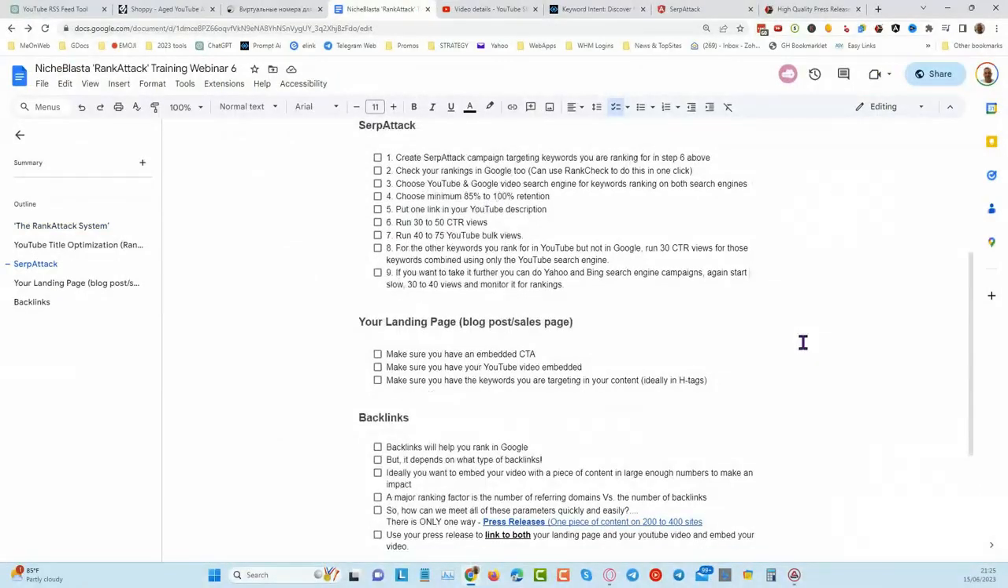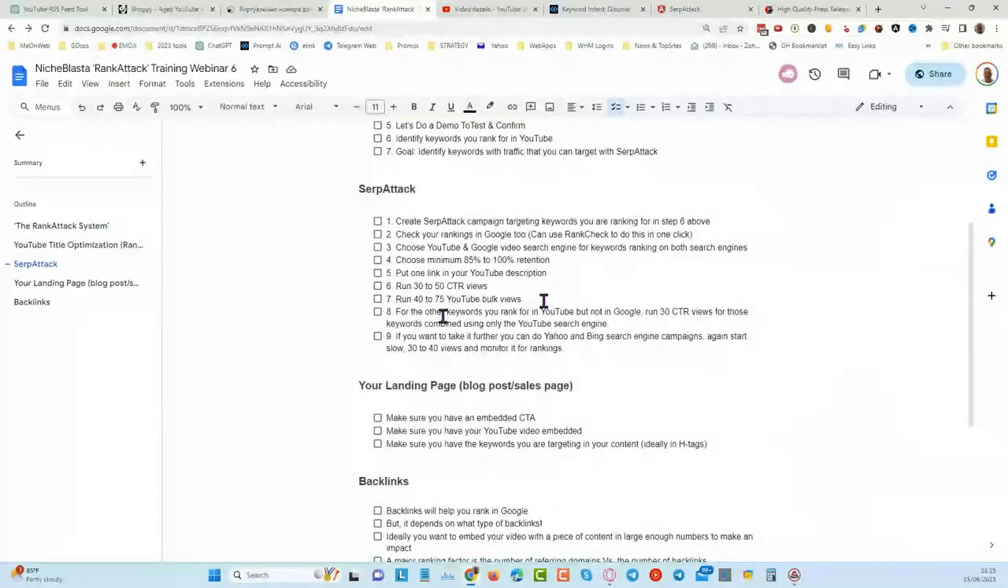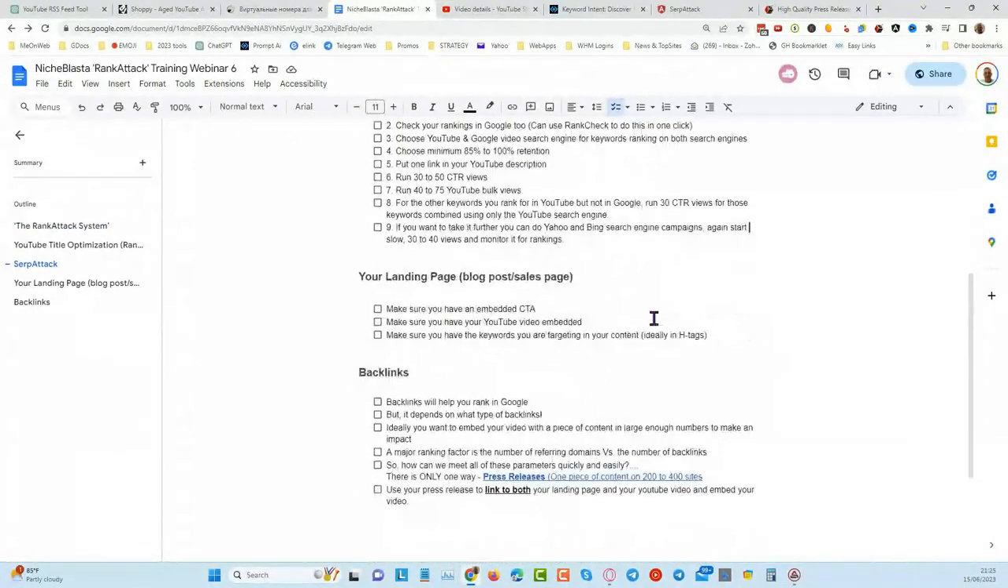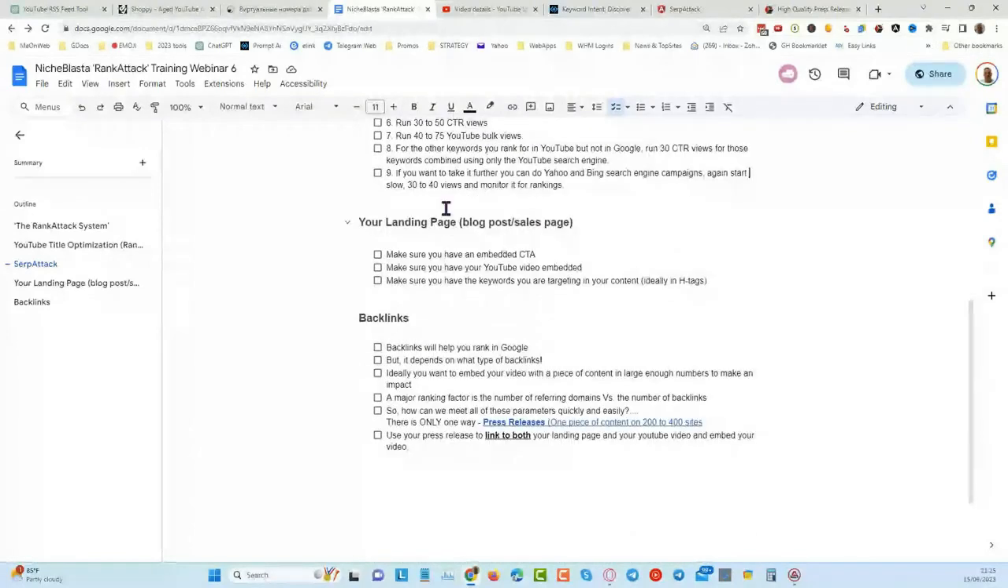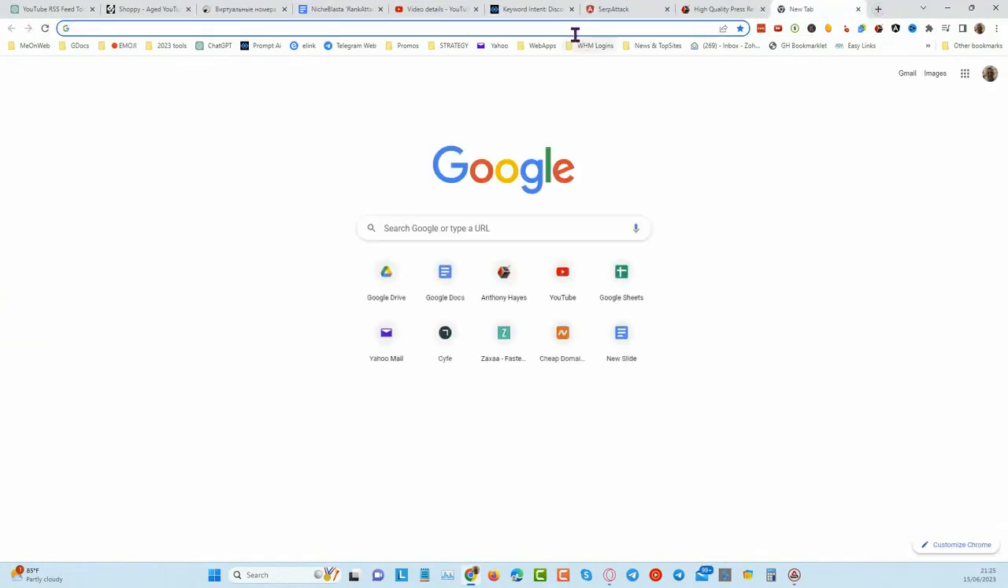Okay, right, so all the SERP attack is set up, it's been done. The only thing I've got to do there is a bulk campaign as well. Now, your landing page or your blog post page, you want to make sure that you have got a video embedded. Now, I don't have that in this situation, but ideally,